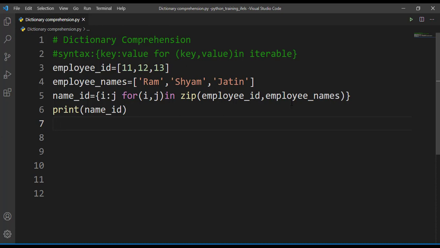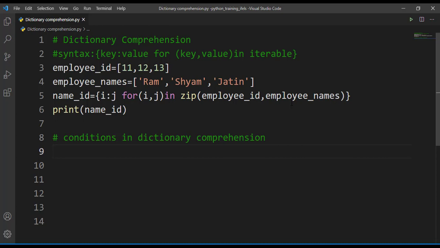Now, the next question comes, can we make use of conditions in dictionary comprehensions? Yes, we can make use of that. So let's see conditions in dictionary comprehension. What condition will we take? Let's take the same scenario of the office. An office has decided to give a bonus to employees.